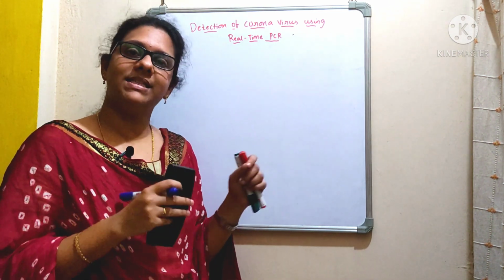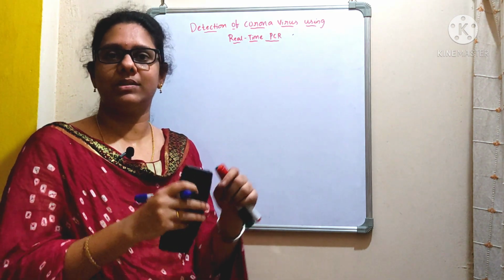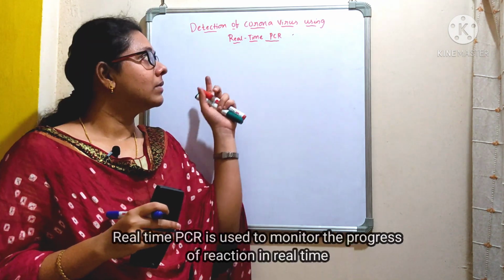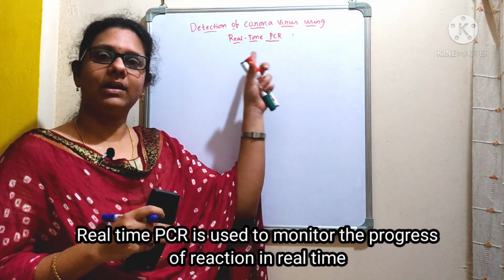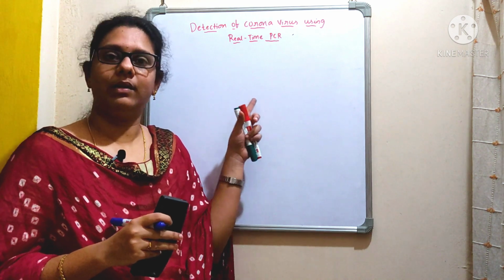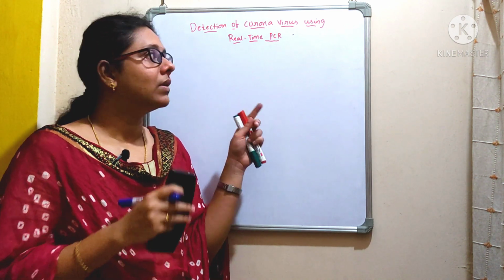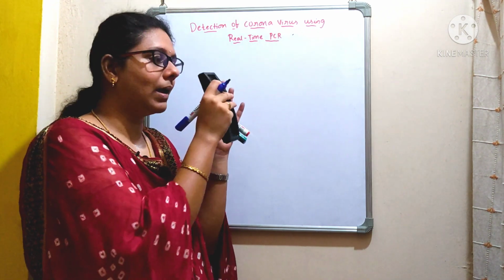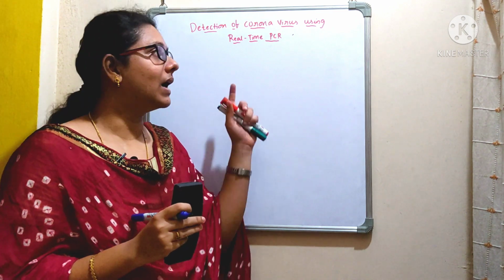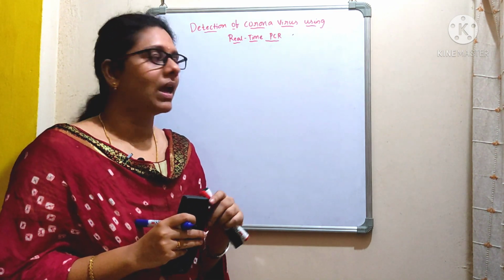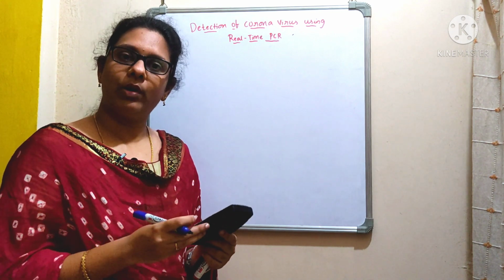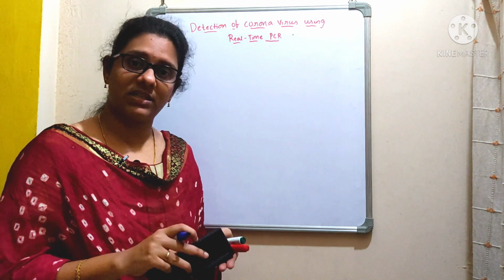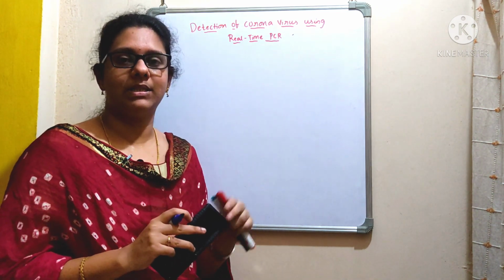Now let's see how the sample is collected and how it is processed to check whether the person is infected with COVID-19 or not. Here, the real-time PCR can also be called qPCR. Q stands for quantitative PCR. By using this method of PCR, we are going to quantify the amount of PCR product formed at the end of the cycle. And moreover, if you observe the report, generally we go with different tests, like people go with the rapid antigen test, HRCT, and also the real-time PCR method.